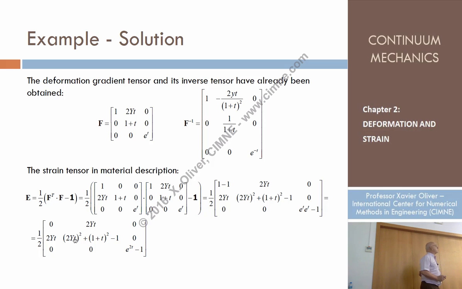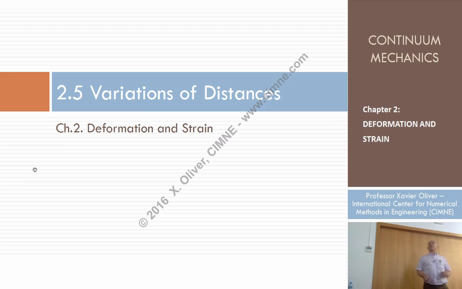That is the gradient of the deformation tensor. Sorry, that's the material strain tensor or Lagrange tensor. Look, it's symmetric. It should be. If it's not symmetric, you have made a mistake. It is symmetric. Look, that term is equal to that term, that is equal to that. Symmetric, okay? Okay, this is for capital E. Okay, what about